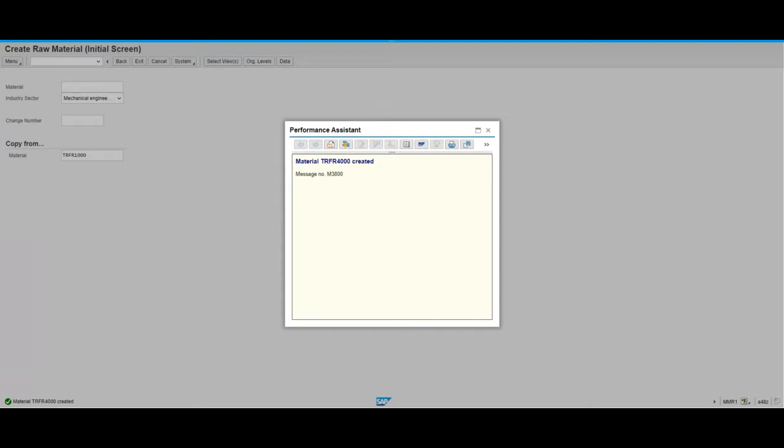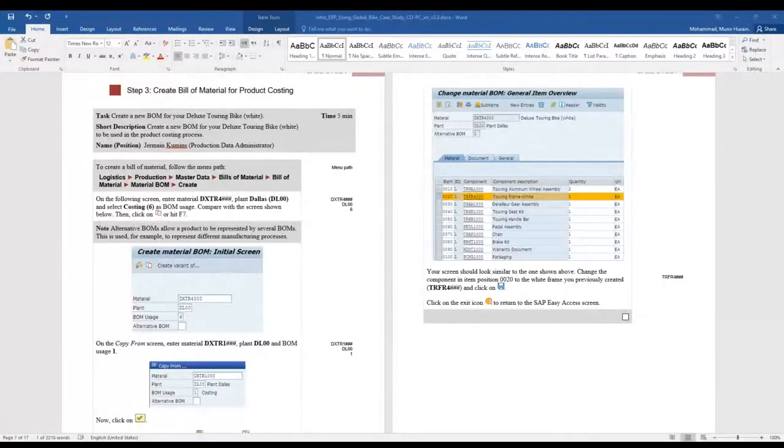Now we will go for the bill of material, which is the next step, step number 3. As you can see in your handouts, this is the bill of material in step number 3. Now what we have to create is a new bill of material for the product we are going to create. A bill of material basically lists what is needed to make the product. In this case, you can see on the right side of this page,